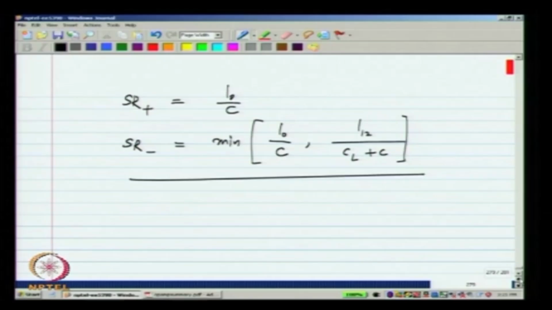This is actually an approximate calculation, because we assume that at the input of the second stage we have 0 volts, but this is good enough for practical purposes. So, this also means that if the current in the second stage is very small, then we will end up with a rather small slew rate in one direction, and it is also possible for the slew rate to be different in the positive and negative directions. Now, the next thing is